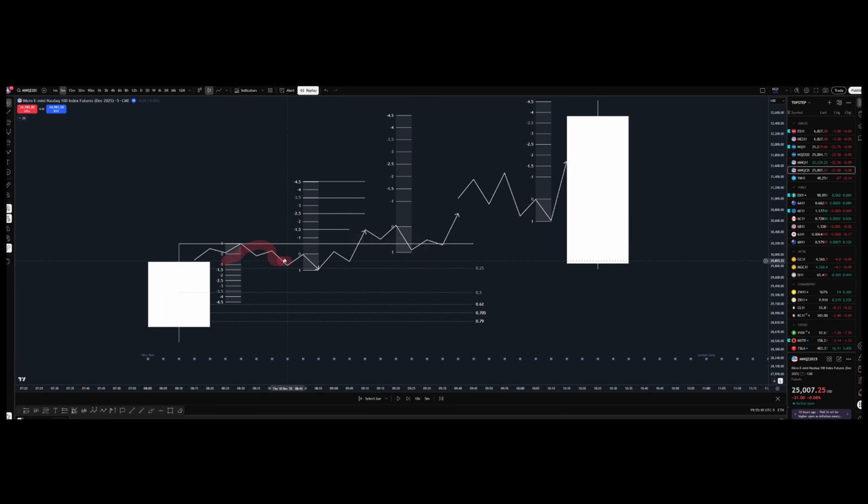So as this is all printing out, we're just trying to map out these manipulation zones. This might have even been, say we had a New York low back here and we sweep the New York PM low for Asia, and we come back, we flip the low and we push up. We come back out, we break above PDH, break above Asia high into a manipulation, retest Asia high, and then